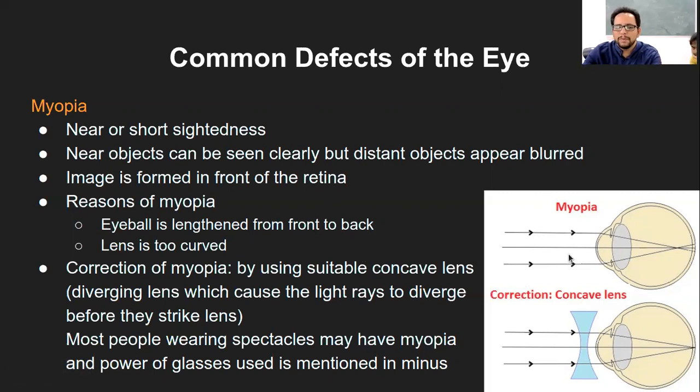So why does this myopia occur? It is because the eyeball is lengthened. Eyeball is lengthened in the sense that the front to back part is lengthened. That means it's kind of squeezing that spherical structure from top to bottom, and that's why it is lengthened. And because of the same reason, the lens becomes too curved. It's a simple thing. If the lens is vertical and you are pressing it from top to bottom, it's obviously going to become more curved. And because of that curvature, the focal point, which would have been ideally on the retina, changes and comes in the vitreous cavity, or rather in front of the retinal structure.